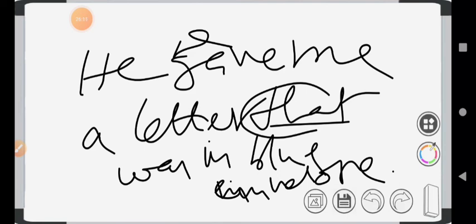What is the meaning of this sentence? He gave me a letter that was in blue envelope. The implied meaning is that in a defining relative clause, we don't keep the commas, we don't separate the defining relative clause. There were several letters of different colors, and he gave me the blue one, which may be replaced by that. The commas are removed. We should not put the commas. That is the implied meaning of this sentence.